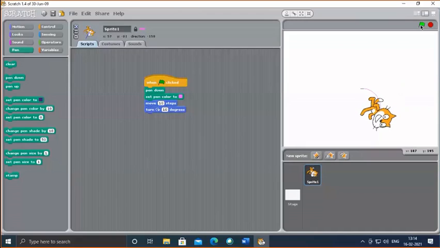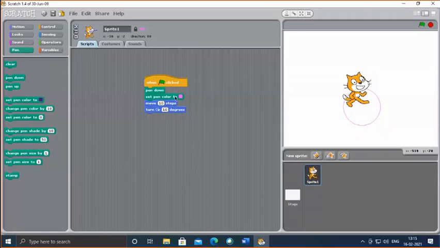See, can you see children? It's drawing a line when it is moving. So it's moving and turning. This way, as many number of times as you want, you can keep on clicking. Isn't it? I wanted to complete the circle, so I'm simply clicking the green flag. Now it has completed the circle. Can you see children? So this way, you can keep executing these scripts by again and again clicking the green flag because the control is for green flag. These scripts will be executed when you click on the green flag.